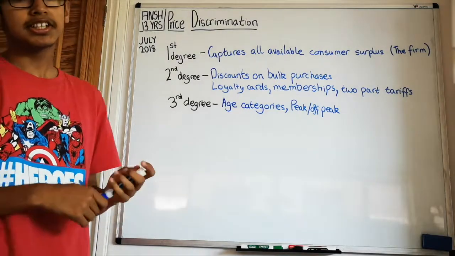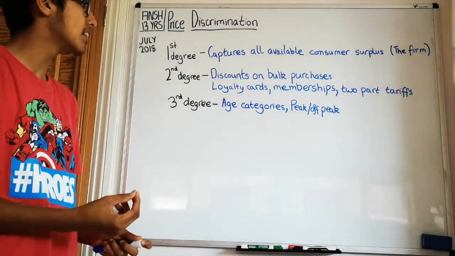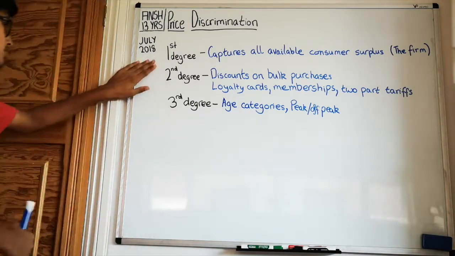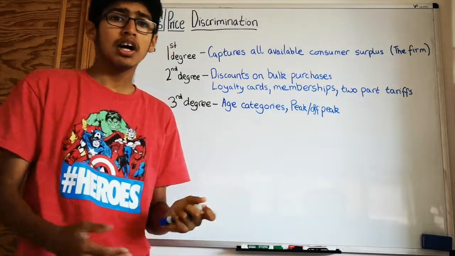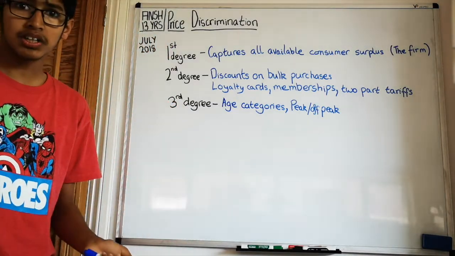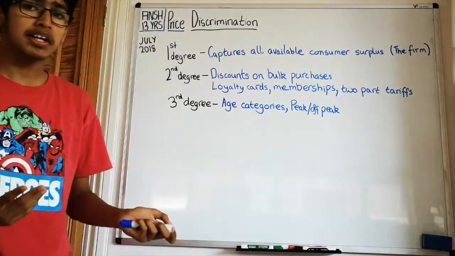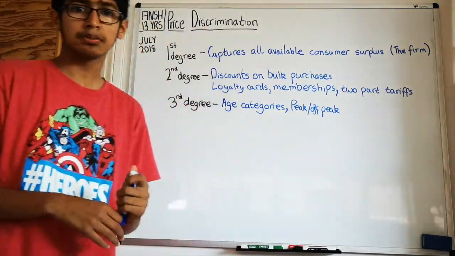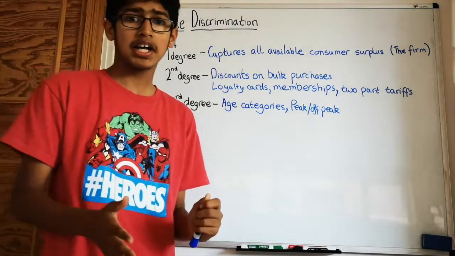So in today's video we're going to look at the terms of price discrimination, what exactly the different types are, such as you can see up here on the board. We've got first, second and third degree, and we're going to go through what those are. We're going to look at the conditions required for price discrimination to be possible, why it can sometimes be difficult to achieve, and we're also going to look at some graphs and see how it affects the producer and consumer